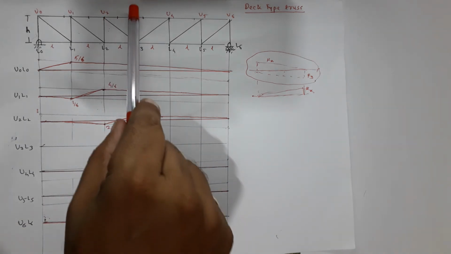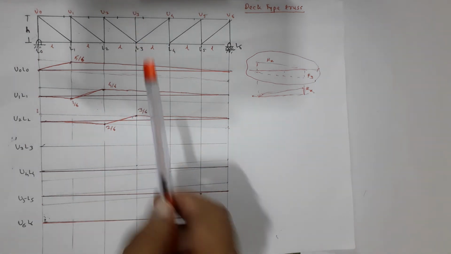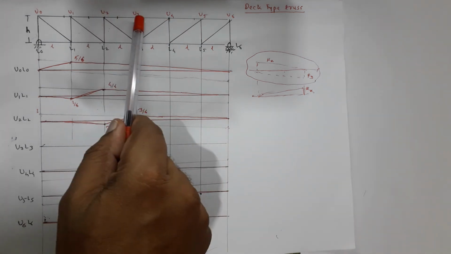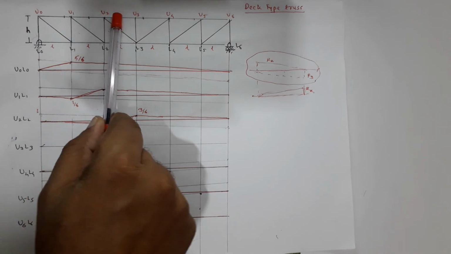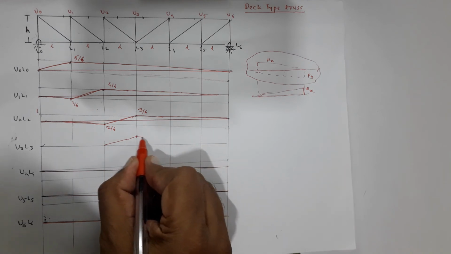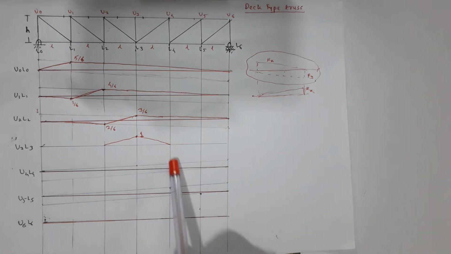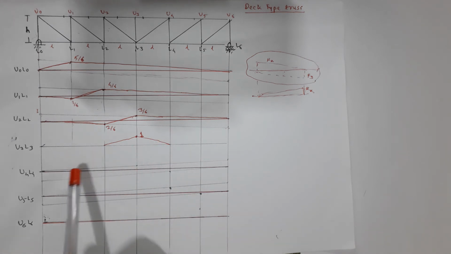So when the load appears exactly on the top of this member U3, there will be ordinate 1. And the force in this member starts as soon as this unit load crosses this point, and that is why the ILD for U3L3 will be a triangle like this with one ordinate 1 over here. So remember the difference between the through type of truss and deck type of truss. The vertical central member, its ILD is different. So this is the ILD for U3L3.